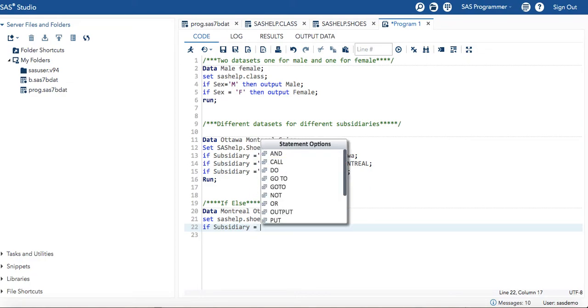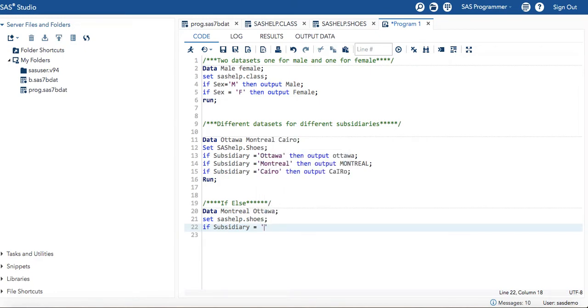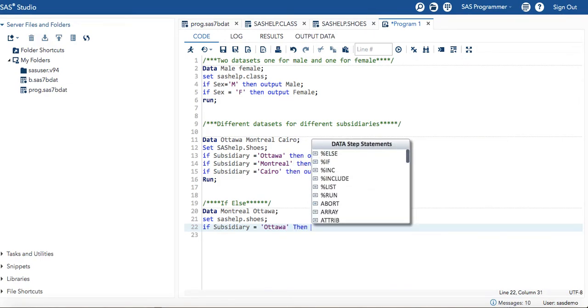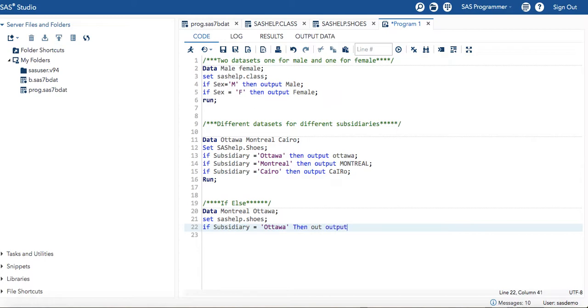If subsidiary equals Ottawa, then output Ottawa.